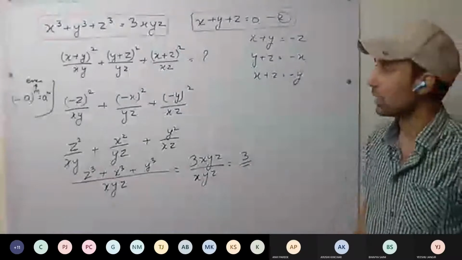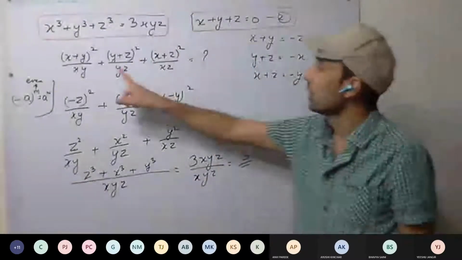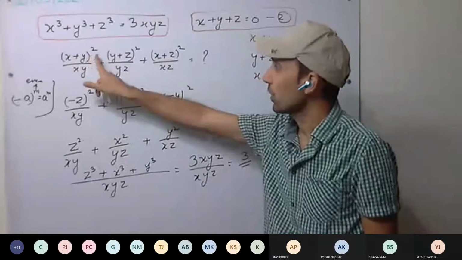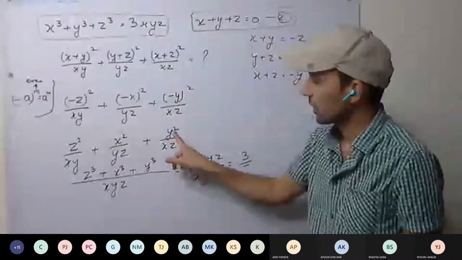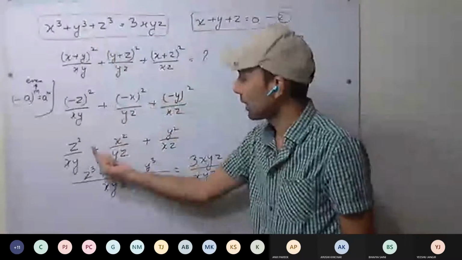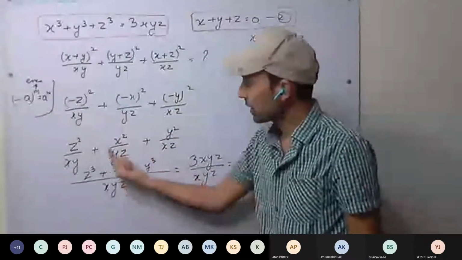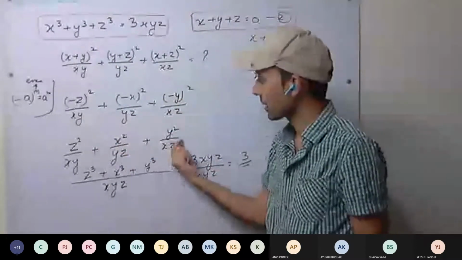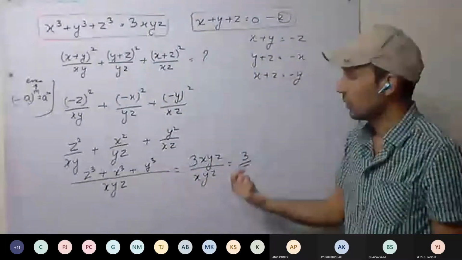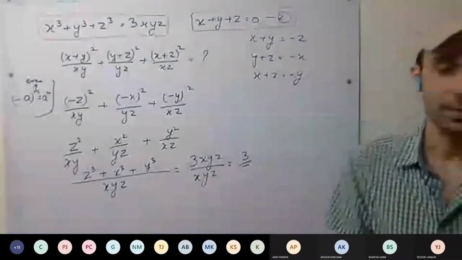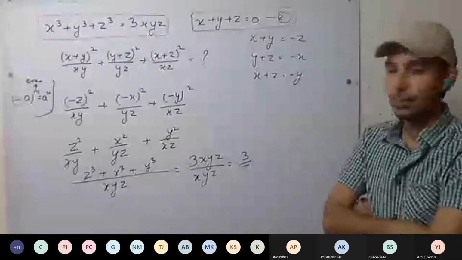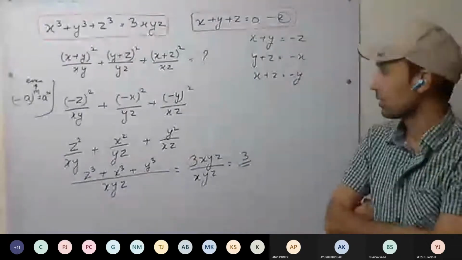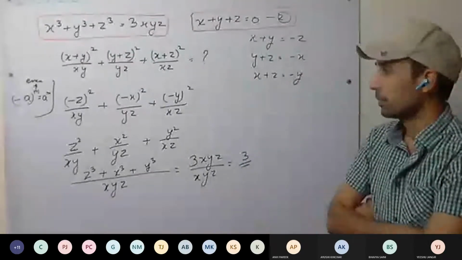For 1 minute, just go through it once. Try to understand it. How have we done it? x plus y, we substituted. Z square we got, x square we got, y square we got. There's the cube sum, and here we have the square. If we take the LCM, it will be z cube. Here will be x cube, y cube, and we can find the value. Just go through it once for 30 seconds, from the starting, and try to understand that one. We can move further there.